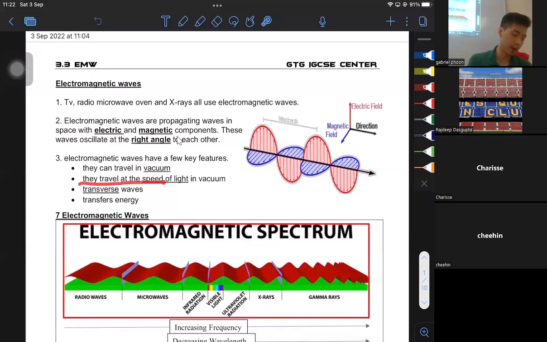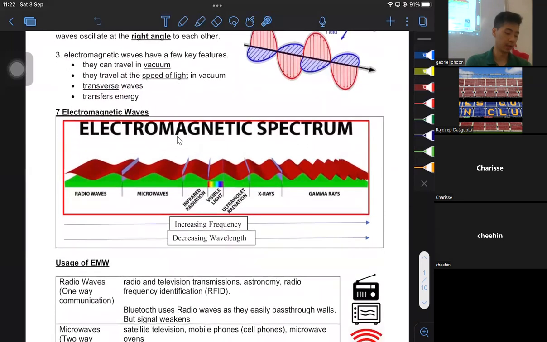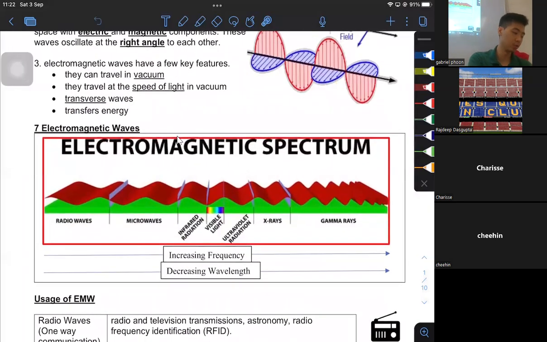They can all travel at the speed of light in a vacuum. Like I mentioned, all of them will travel at the speed of light, which is 3 × 10⁸. They are all, of course, transverse waves, and they are all transferring energy. And guys, in terms of the electromagnetic waves, I want you to write down